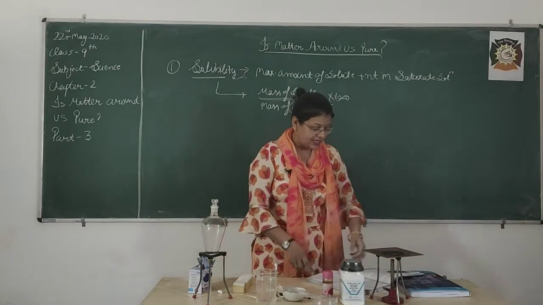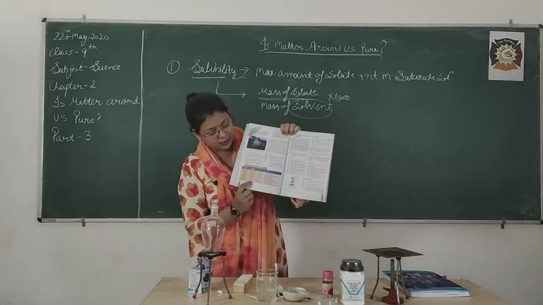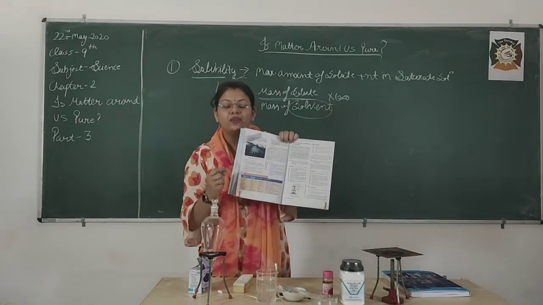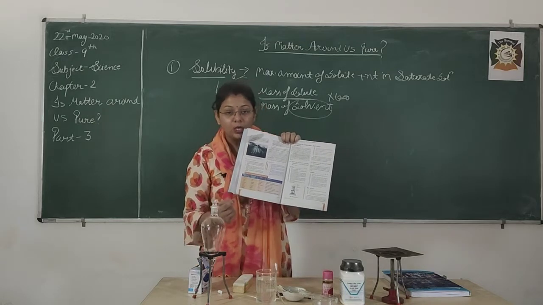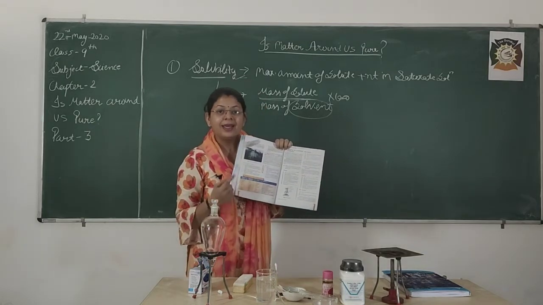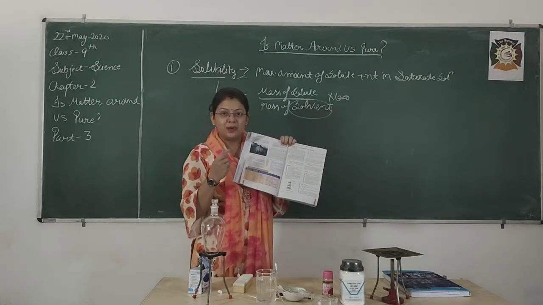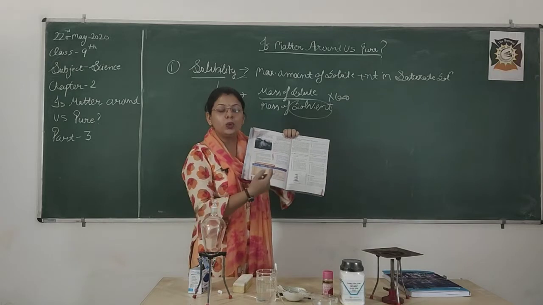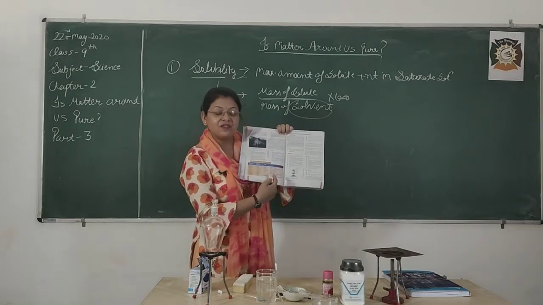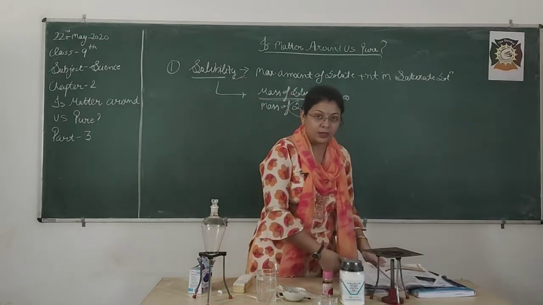In the NCERT on page number 80, there is a table related to different types of colloids. You have to draw this table in your fair notebook. Getting my point? This is just the dispersed phase and dispersed medium. That means based on solute and solvent, we classified colloids into various types.